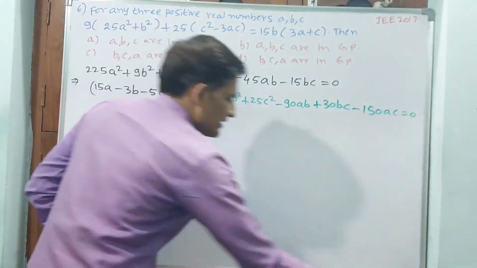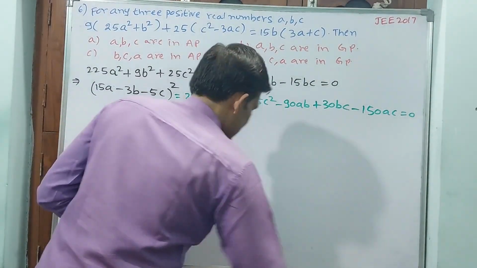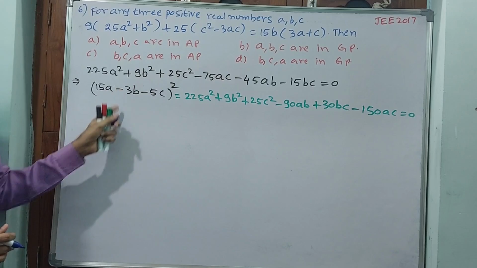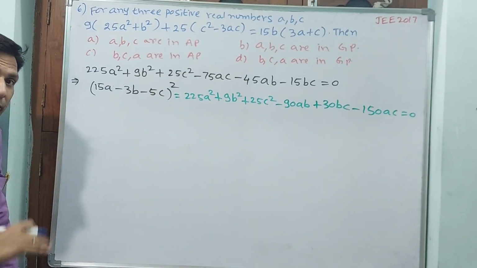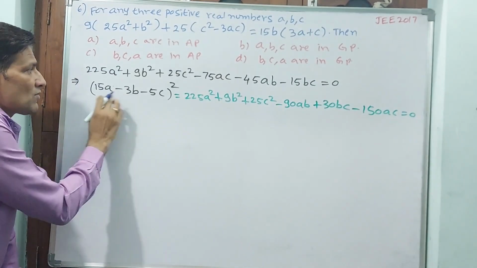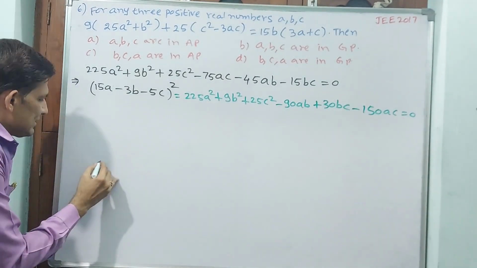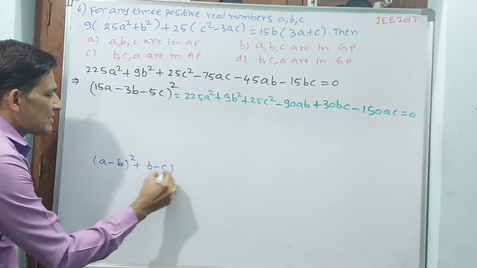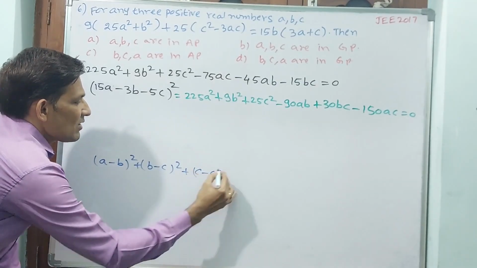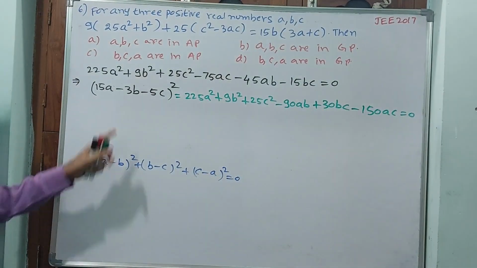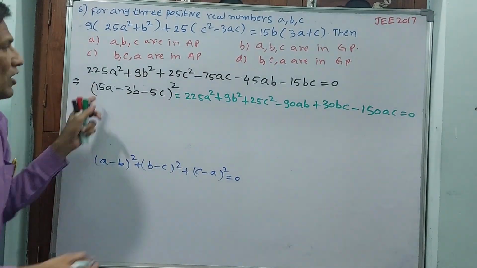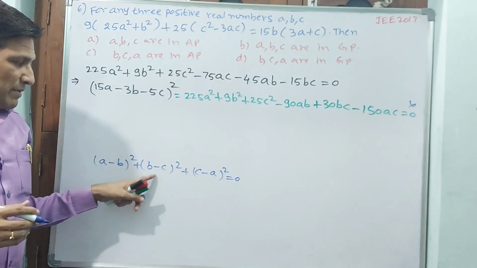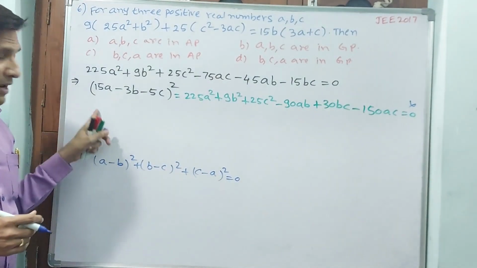Now what you are going to understand here, that means see, this formula is not going to work. Understand? This formula is not going to work. Why? Because if this formula works, then we can think in some other way. This formula is not working, but you can get some advantage. Now what formula do I want to make? Observe carefully. (a − b)² + (b − c)² + (c − a)² equal to 0. This formula now I am keeping. Okay, this equal to 0 I have already made, but this is not going to work. This formula we will apply and we will see.